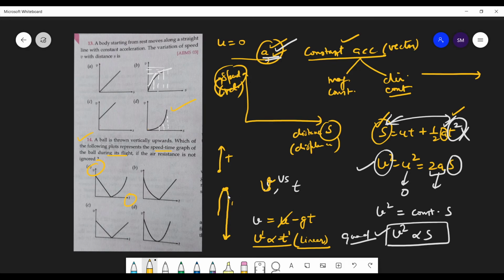Because now here, see, it's not velocity we are studying, it's speed. So only the magnitude we are studying. So again the magnitude of the speed will be increasing at v is equal to u plus gt, okay? So again u is equal to 0 in this part of the motion. So again v is equal to gt, so v is directly proportional to t again. So which graph you will get, students? C. C is the correct answer, okay? So you have linear relation.